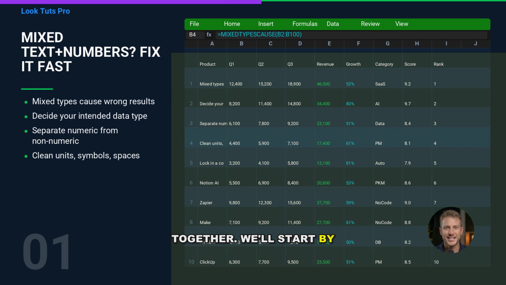We'll start by diagnosing what you actually have, because guessing wastes time. Then we'll separate what's truly numeric from what's just text that looks numeric. After that, we'll clean common patterns like units, currency symbols, stray spaces, and hidden characters. Finally, we'll choose an output format that matches your intent: number for math, text for IDs, or 2 columns when you need both. By the end, you'll have a repeatable checklist that prevents the same mess from coming back next